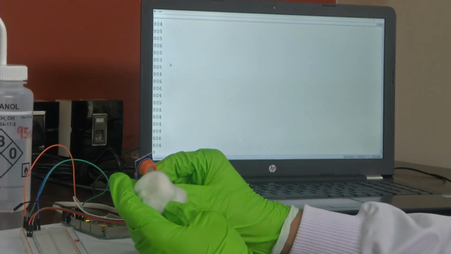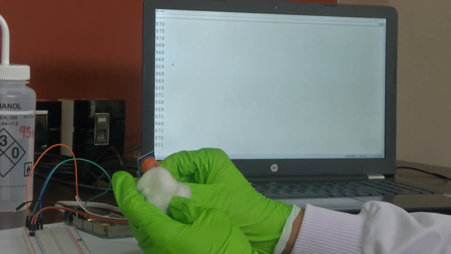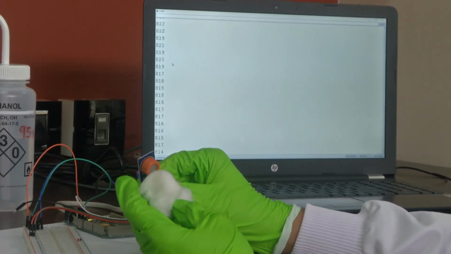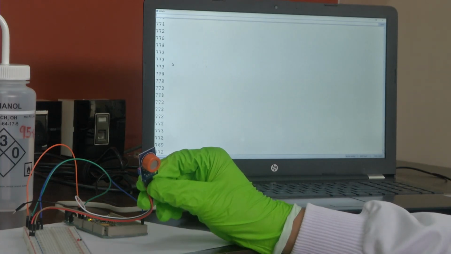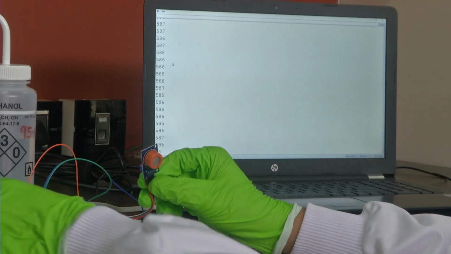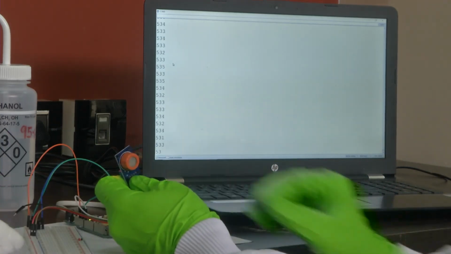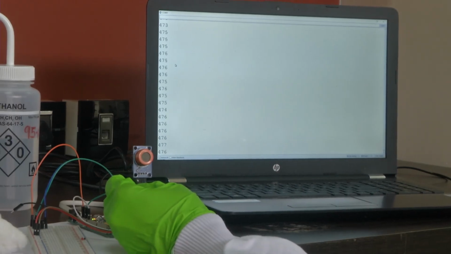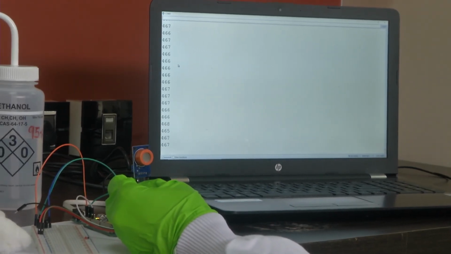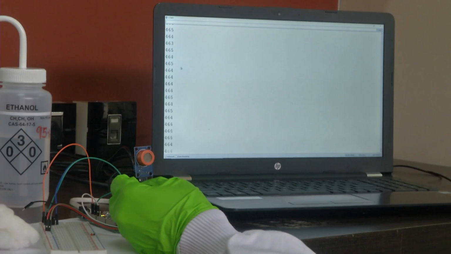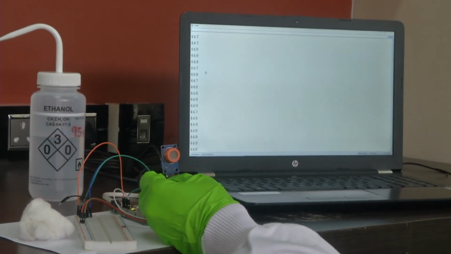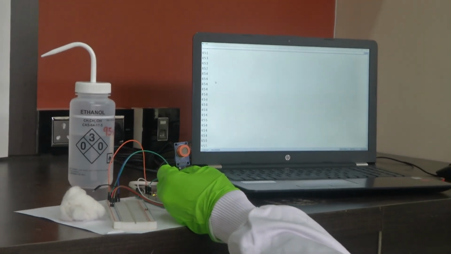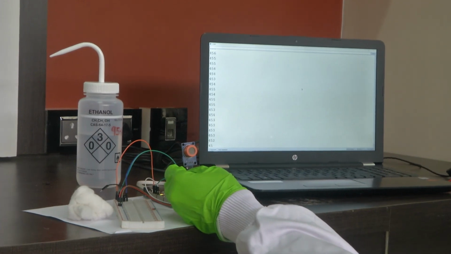Now I am moving the cotton swab close to the sensor, and it's showing this value. Now I am removing it. I have removed it, but still the value is coming down only slowly. It's because the reaction is slowly getting reversed. See, it has gone below the limit. So this is how analog input is taken from the MQ3 sensor, and it can be used to detect alcohol. See, at the end, the value is decreasing very slowly.